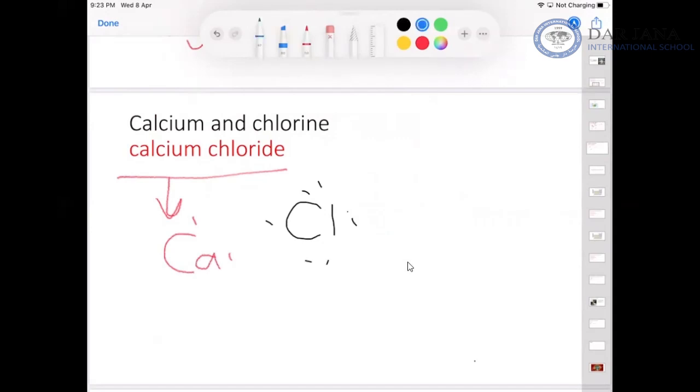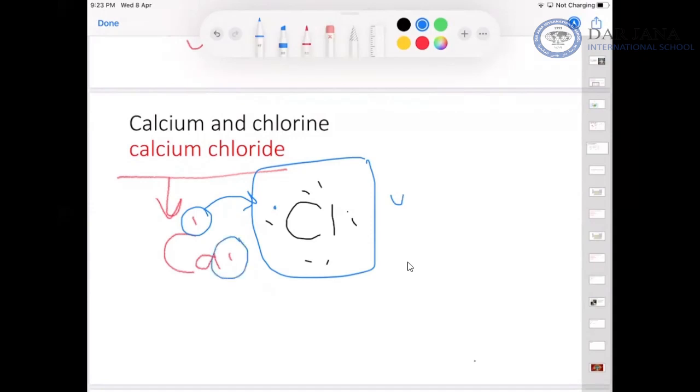Now what will happen here? Calcium is going to lose this electron. So now the chlorine atom will have 8 valence electrons. The chlorine is happy. Now how about calcium? It still has this electron, right? So we will need another chlorine